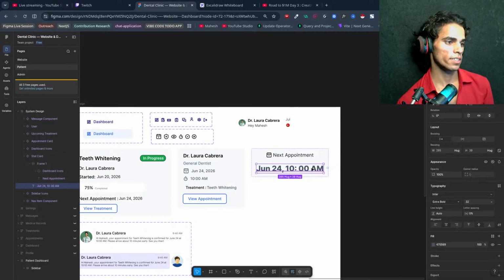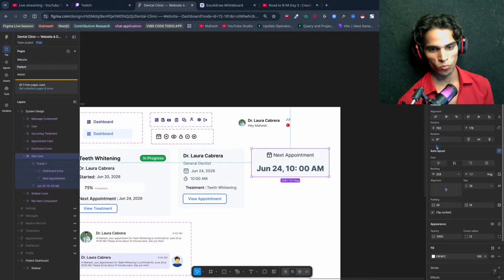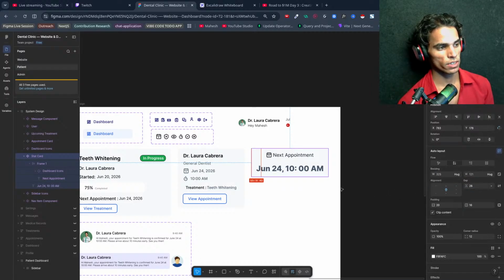Okay, and it will be like this. We can have it this way. Content alignment, width will be hug content.